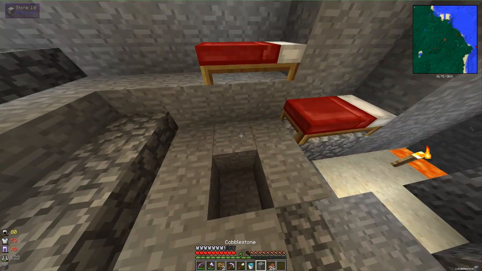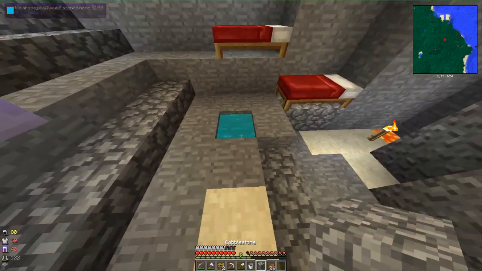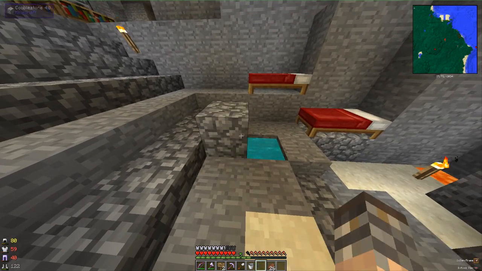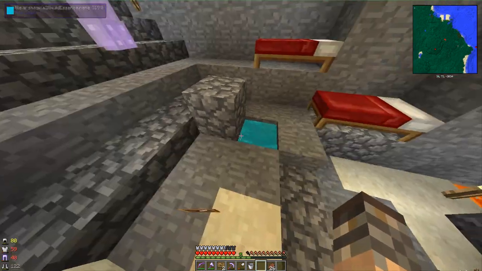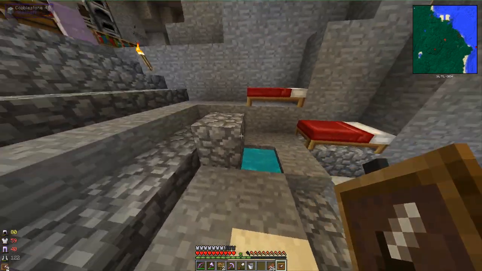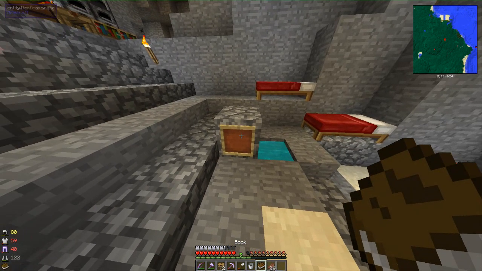So yeah, what you guys want to do out in the world, you'll find this really light blue looking water, and that's the essence from Ars Magica. And usually it's like a 2x2 pool you'll find, and what you want to do with that is throw a block down beside the pool, or bring a bucket back like I did. Throw a block down like I did, or bring a bucket back of the essence, and put a picture frame beside it on a block, and then you'll want a book as well, and you stick the book inside,